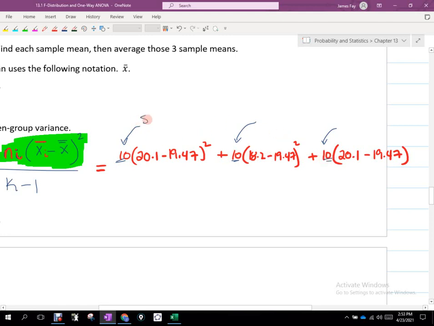That's the sample size for sample 1, sample size of sample 2,